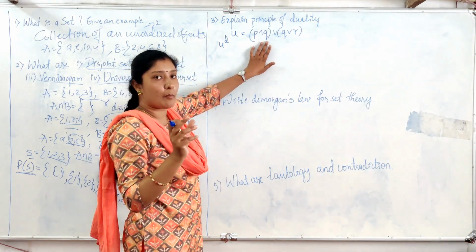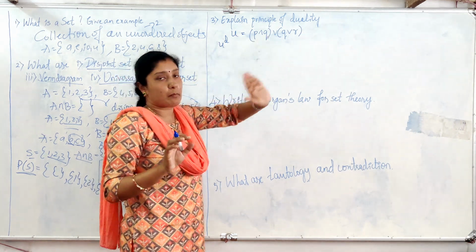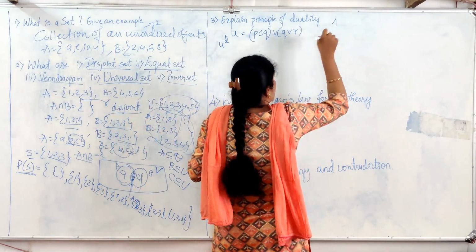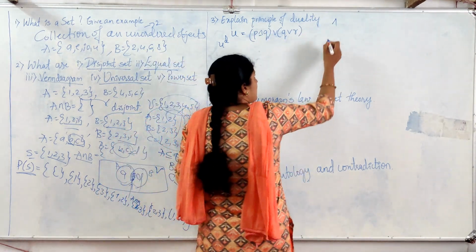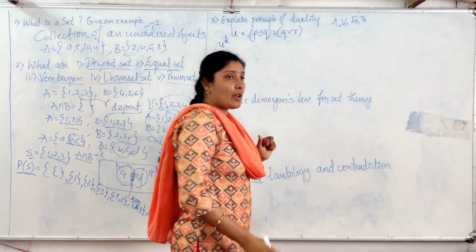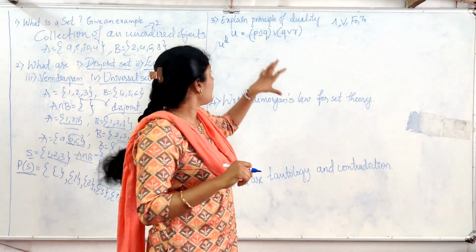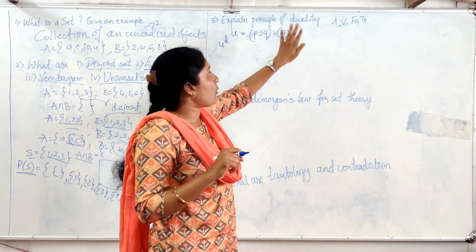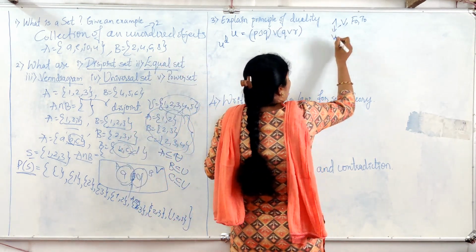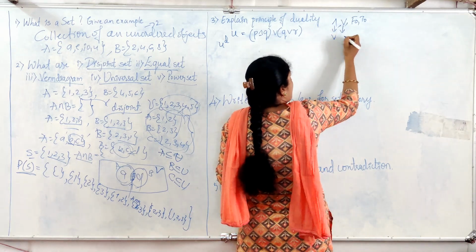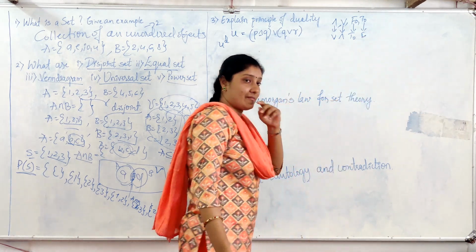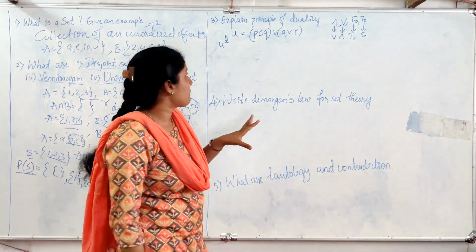Okay, so this is a compound proposition. Now, duality means we are supposed to write it as, see, these all are the logical connectives, and, or, then F0 and T0. When we have these logical connectives in a compound proposition, we have to write them in the inverse, like and is written as or, or is written as and, F0 as T0 and T0 as F0. So this is nothing but the duality.